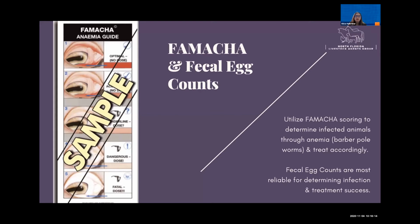So how do we determine if an animal is susceptible to parasite loads, what their current parasite load is? There are probably two most effective and common ways, which is the FAMACHA method. This is an anemia guide where we're looking at the soft membranes in the eyes of our small ruminants and determining what their level of anemia is. You can see on the slide here the scorecard that you would use, where you're going to match the color of their lower eyelid